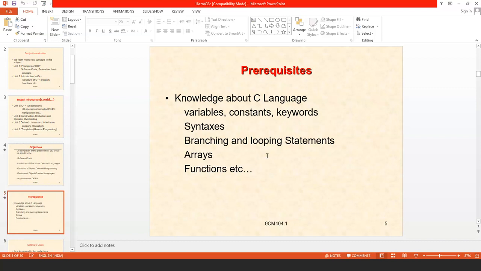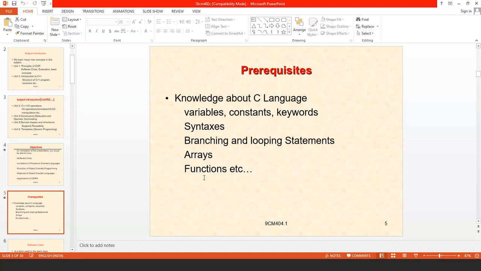Also about data types you learned in C language, what the different types of data types are, how much size is allocated for each data type, what is the range of each data type, and how we can make use of them in our programs. Okay, all those things are covered in C language.